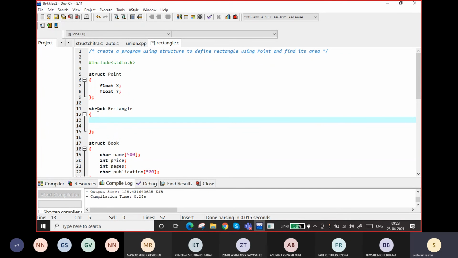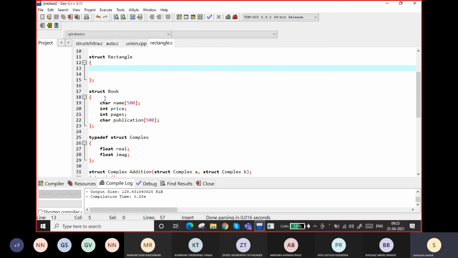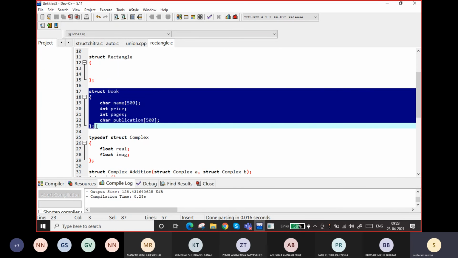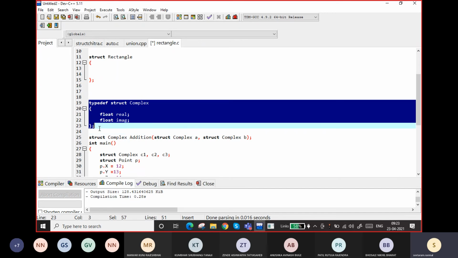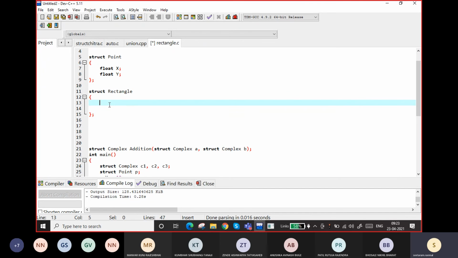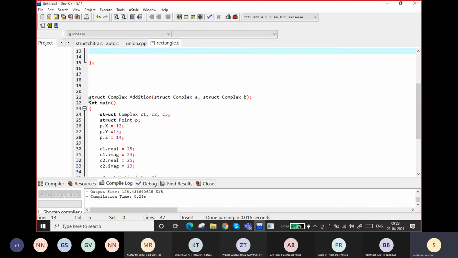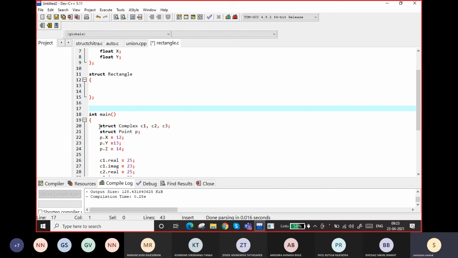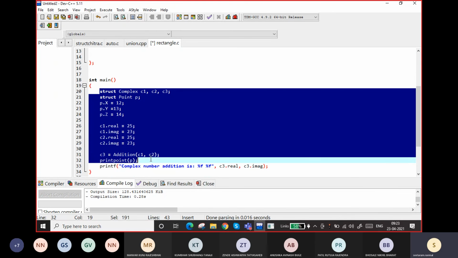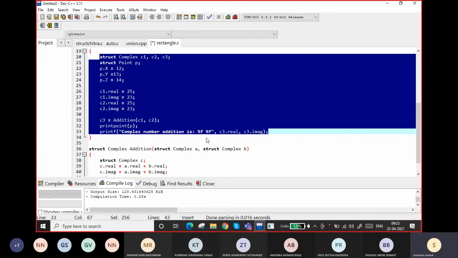If you want to define the rectangle from the point, what will be the members for this rectangle? For example, for the book there is a name, price, pages, publication, etc. For the complex number we have seen what we can use. So what will be the members for the rectangle? That is the first question. You need to think of that, and again take the rectangle from the user and find out the area. Write a function to,